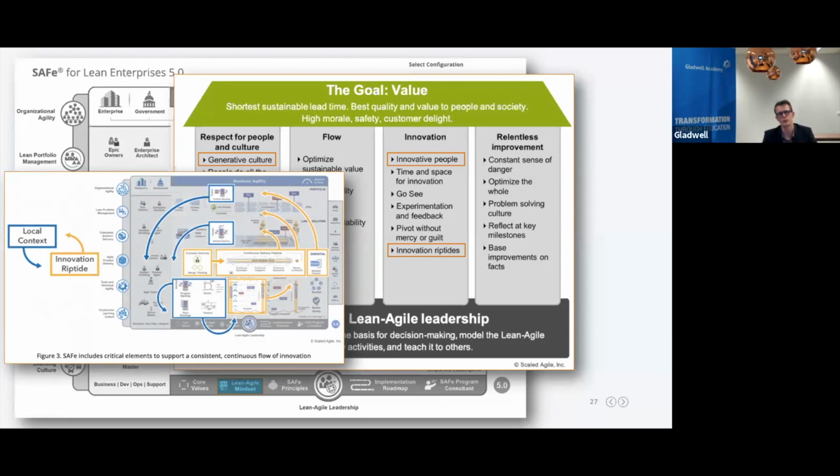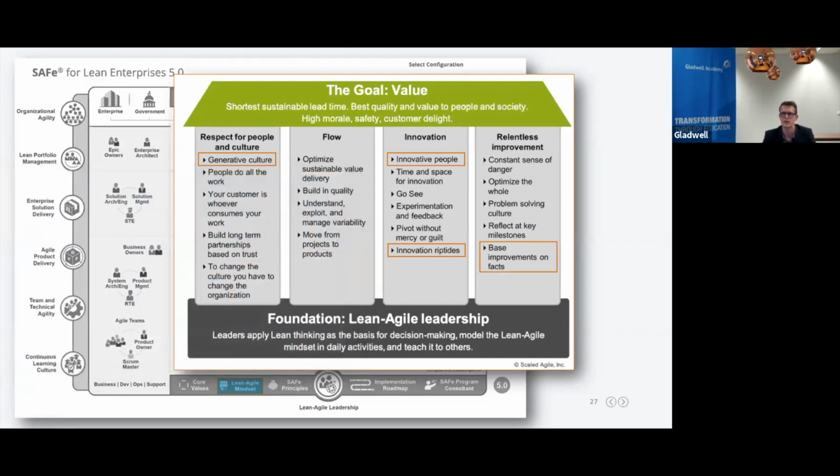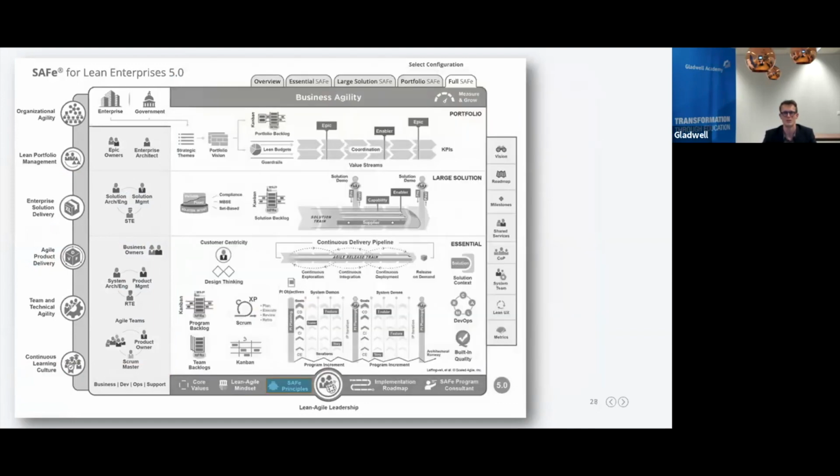And I think we have a huge task here as a release train engineer to unleash that opportunity for innovation bottom-up. Top-down is already there a little bit, and we cannot influence it that much, maybe as coach, but bottom-up we can really influence it big time in our agile release train. So this is really a big call out for you, RTEs, to get out of your chairs and to make this happen, to have those innovation riptides coming up. Okay, and then the last one, basing improvements on facts. Well, this is my personal favorite topic, so I will not talk about that too much.